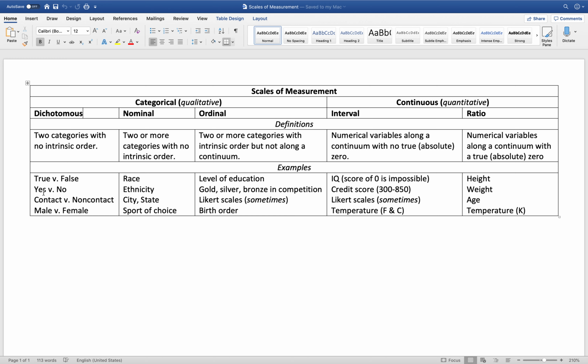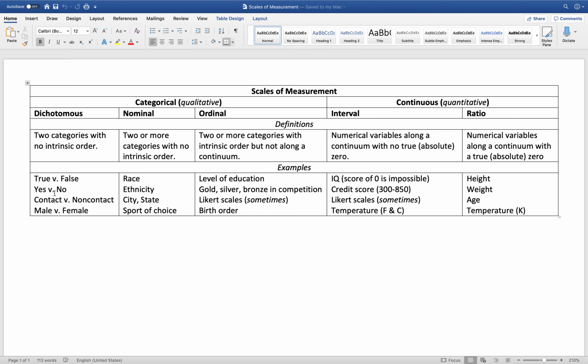yes or no. For example, if I'm talking about sports specifically, I might have the measure of contact versus non-contact. So if I want to create a dichotomous measure within the category of sports, I might divvy it up between contact and non-contact. So this way that becomes a dichotomous measure. So essentially, if I were to list football, is that contact or non-contact? Obviously that's contact. If I were to list baseball, is that contact or non-contact? Obviously that's non-contact. Boxing, contact. Golf, non-contact, right? So that's a dichotomous measure right there, the variable of sports, at least in the way that